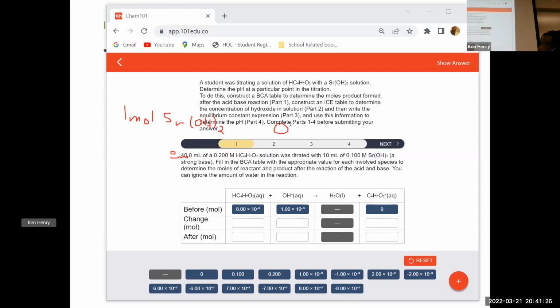I mean OH, not OH2. How much OH minus do I have? I'll have 2, right? Okay. So if this is the number of moles of Sr,